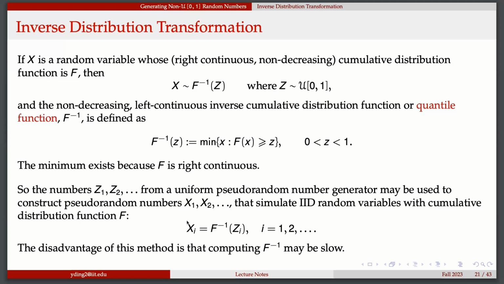But this actually requires a lot of things, right? We need to have the cumulative distribution function, and it needs to be easy to do the inverse function. Sometimes it's really hard to map it back. You can use some nonlinear solver to find it, but sometimes you cannot construct the function directly as an elementary function. So the disadvantage is that sometimes it can be very slow to find the inverse. So this is the idea.